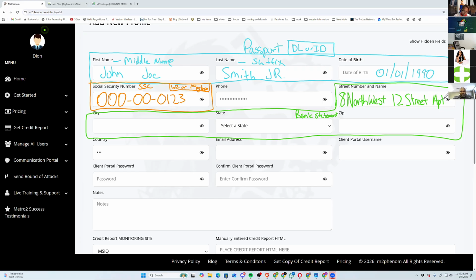APT. I would say spell it out, but I don't have room. 14B. Guess what? I don't know how to spell the word apartment. I will screw that up. Now,